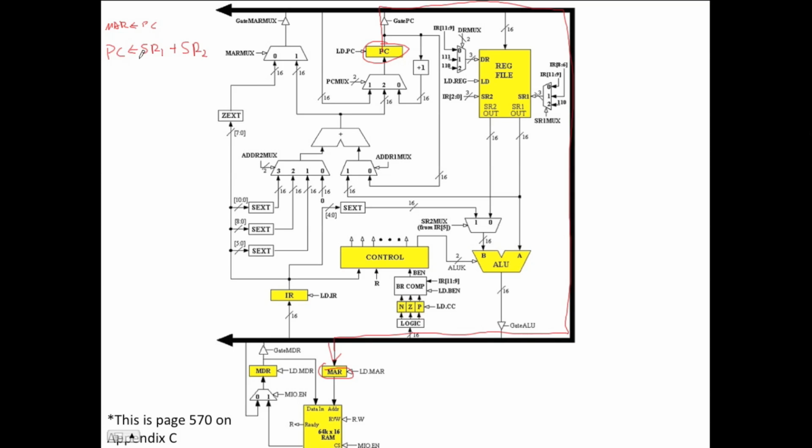So, if you want to do the second operation, which is SR1 plus SR2, we need to use the ALU to do the plus operation, which means SR1 and SR2 will come down here. We can select SR2 mux to be 0, so that it uses the SR2 out data. But the problem here is this cannot go onto the bus because the bus is already being used by the PC. So what we can actually do is add a new line from the output of the ALU